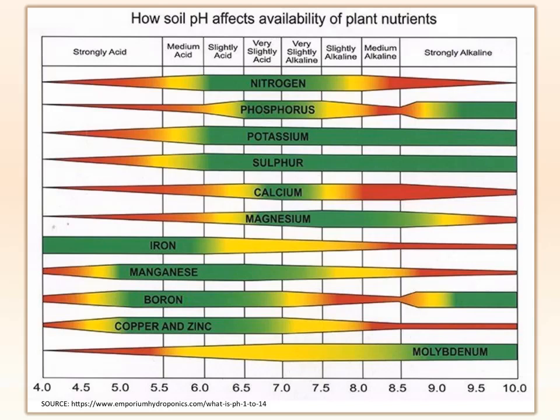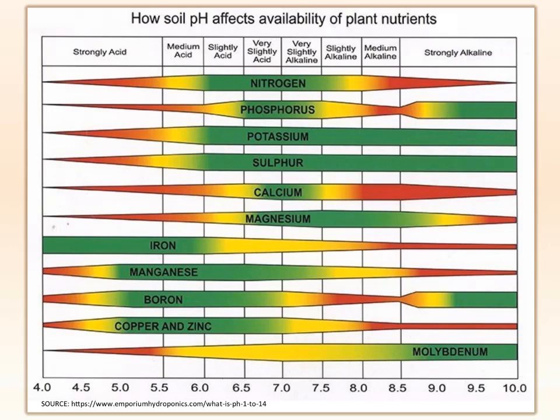Another common factor that needs to be taken into consideration when considering the availability of nutrients in the system, in particular the micronutrients, is the pH of the soil. This representation of the solubility of nutrients at different pH levels is a common one. What it shows is that many of the macronutrients are most available in the middle of the chart at a relatively neutral pH. Molybdenum at the bottom would be an example of a mineral that